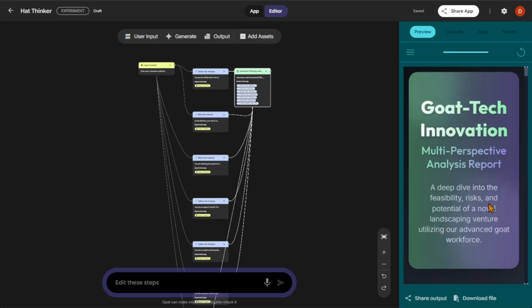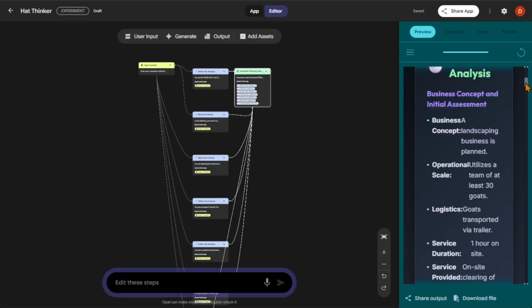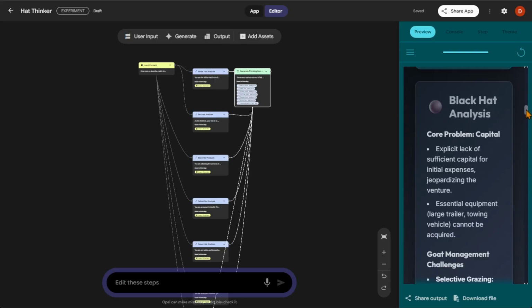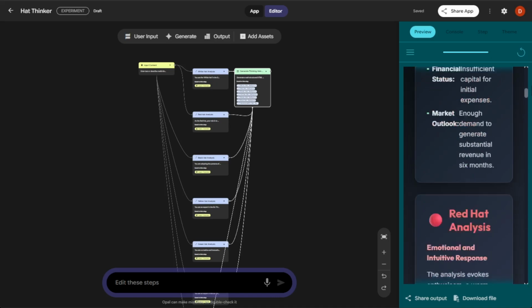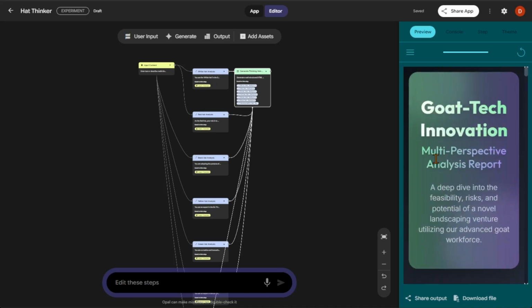Okay, that took a couple minutes, so I cut that time out. And so now here's the report, and I can read it in here. I'm going through this kind of fast because I'm going to download it and then show you the actual web page of it, but the whole report is over here, and then I have an option to download the file. So I'll do that,